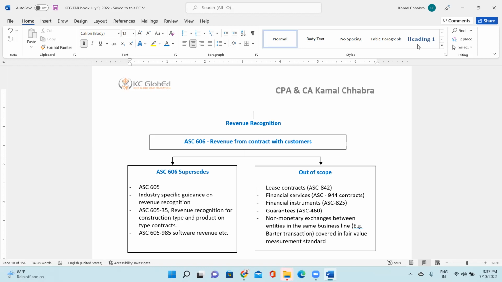And non-monetary exchange transactions between entities in small business, that's being covered in the fair value measurement standard, which is ASC 840, I think, right? I'm not sure, I think ASC 926 for that, right?